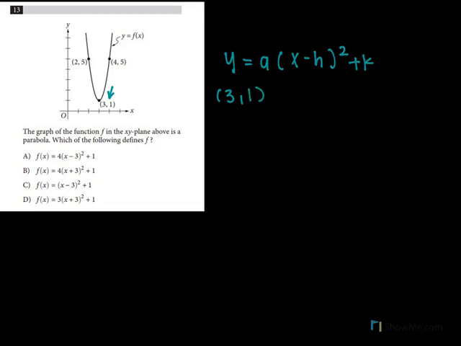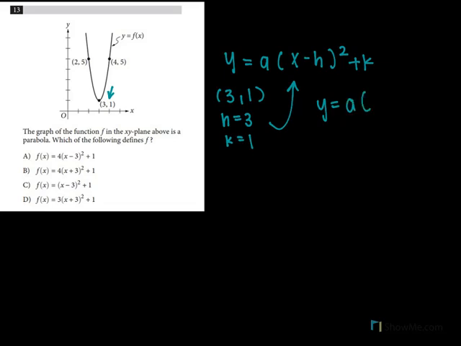So let's just write this down, 3, 1. So in this case, h would equal 3, and k would equal 1. So if we were to substitute these values into the vertex form, we would have